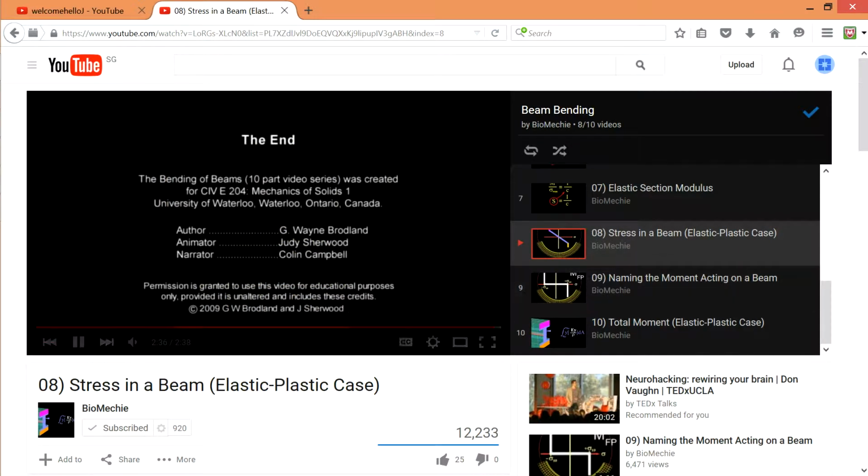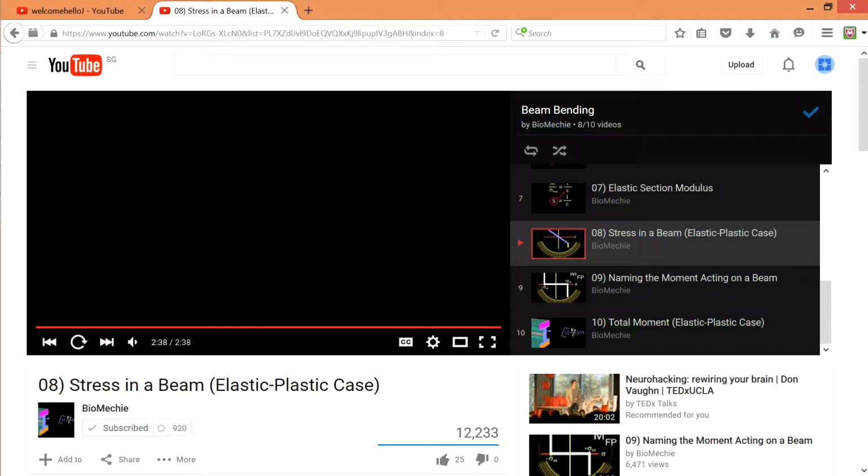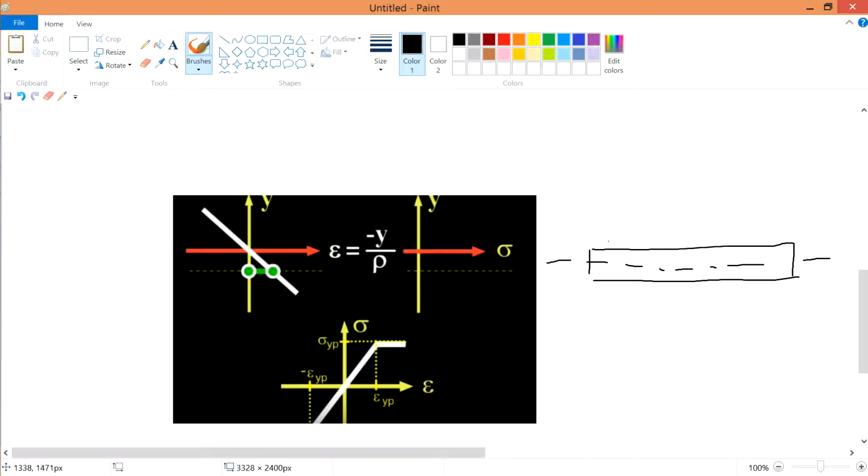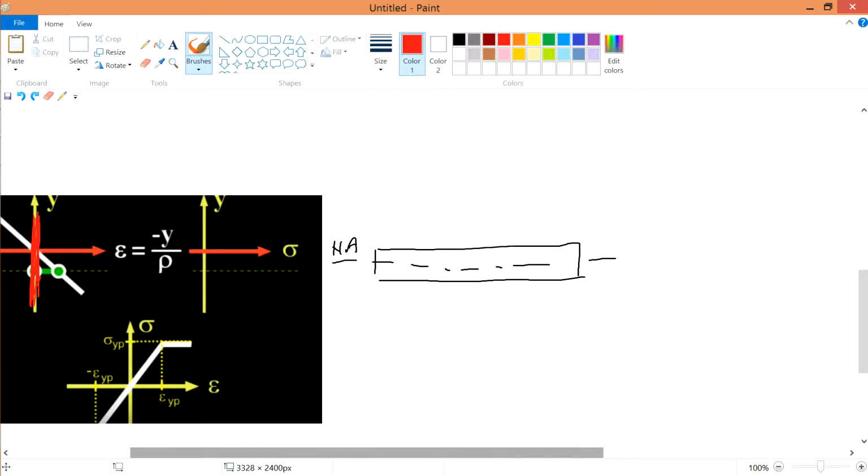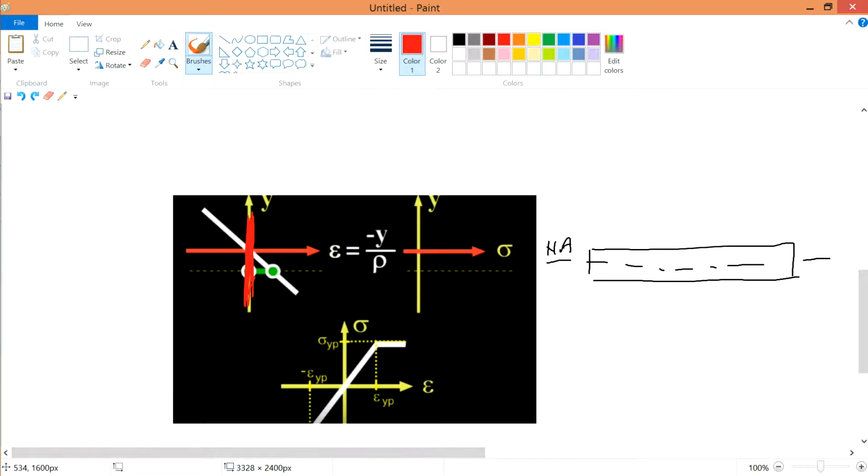Alright, as you can see, I'll just crop a few things, hold on a while. So for a straight beam in this case, you have a certain neutral axis, NA. If it's a straight line like this, with no bending, your y is just on this side. As you start to bend, this will start to turn in this direction, correct? And this can be plotted by the strain equals minus y,